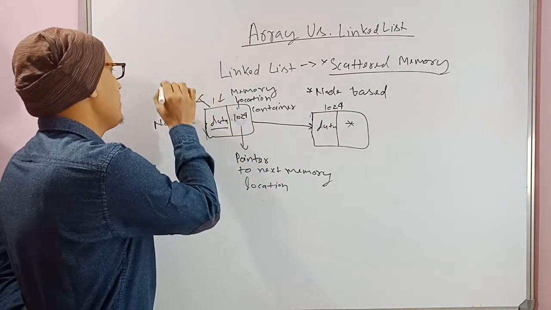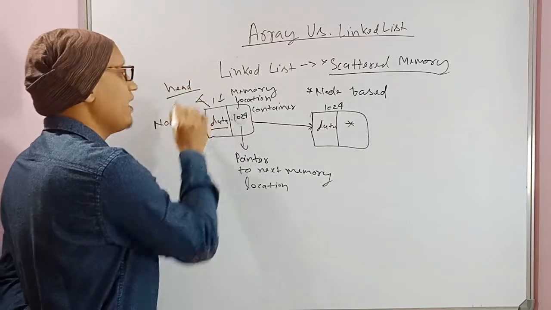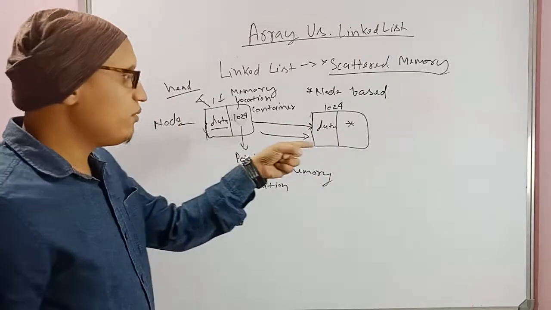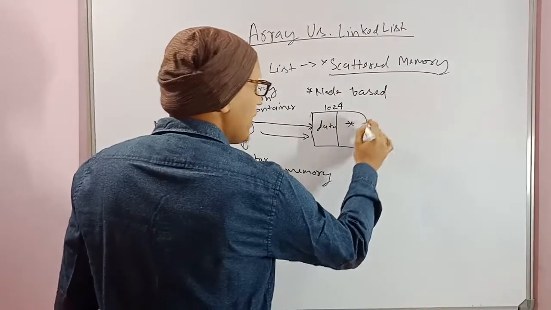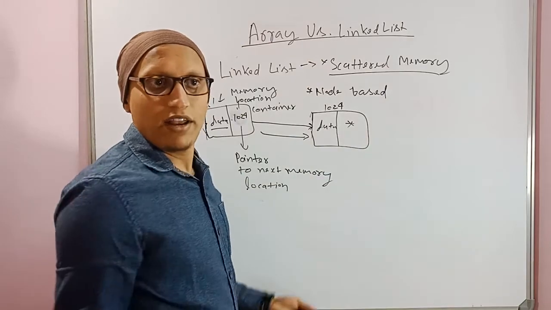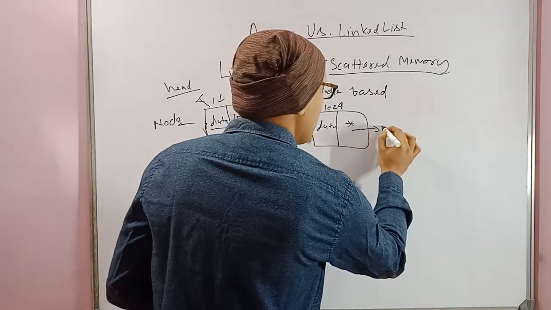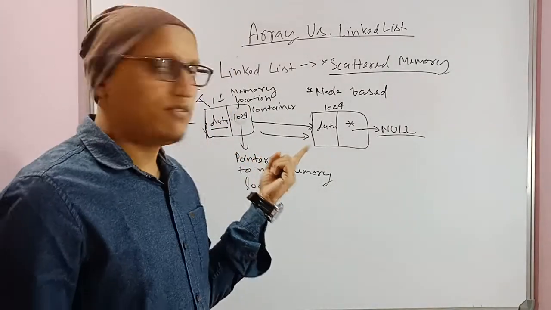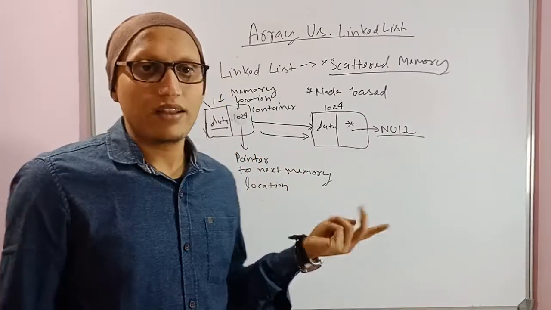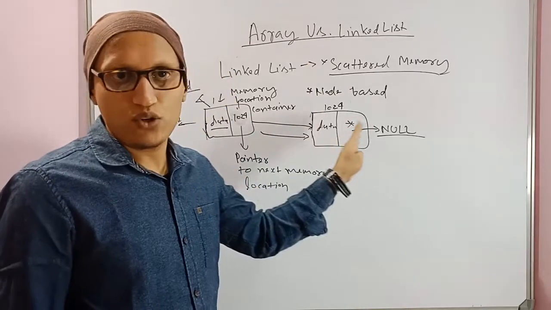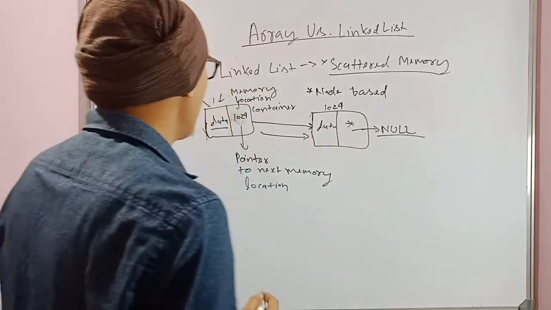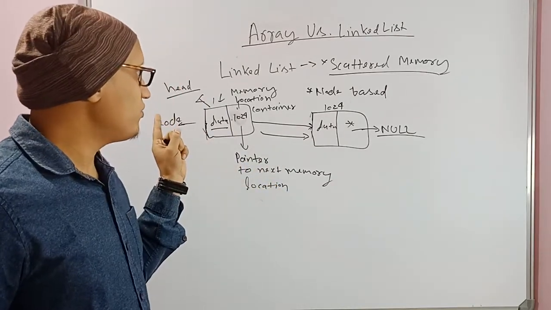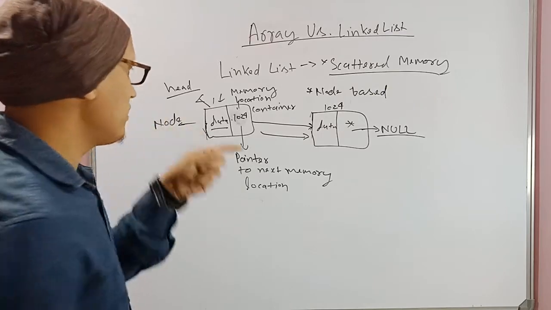If suppose this list we are calling it head, then head next will be another node where the data will be stored with another memory location. If suppose you don't have another linked list data, this will point to null. I guess null is very clear to you, because null means nothing, it's just the last one, I can say that. Okay, so this is linked list. This is just I was trying to refresh your memory.